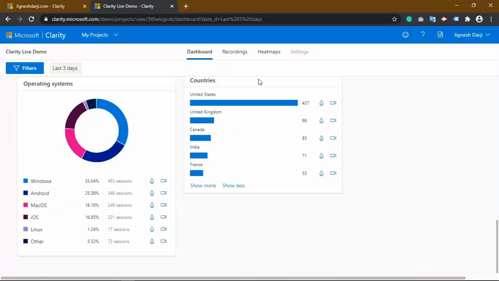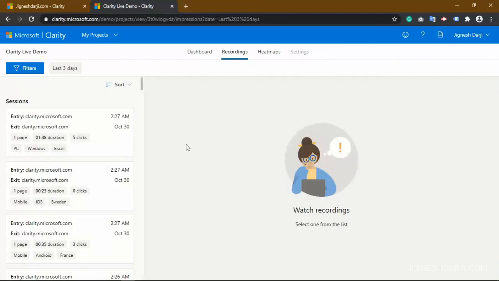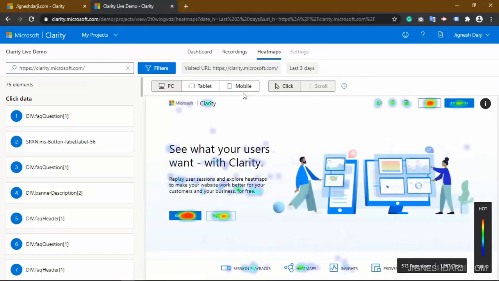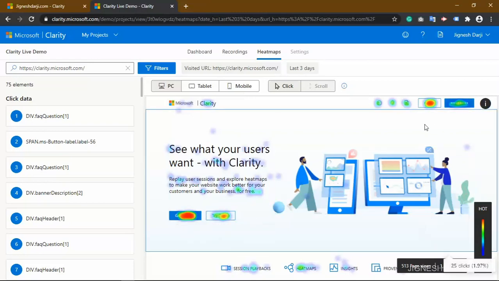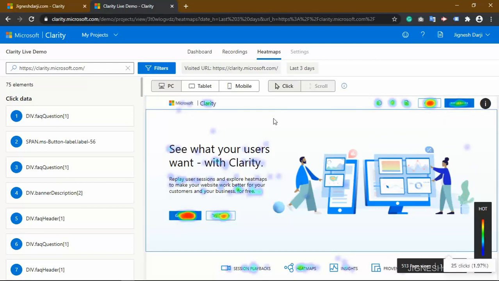In the recording section you can check some recordings, like in my jigneshdarji.com project. Inside the heat map you can check the heat maps, which show which area users click the most on PC, tablet, or mobile. So you can easily analyze where to put your CTA call-to-action buttons and so on. In the settings you can simply track the settings.